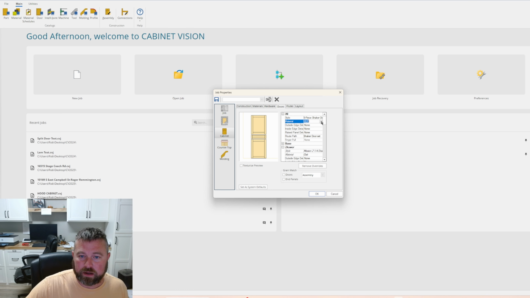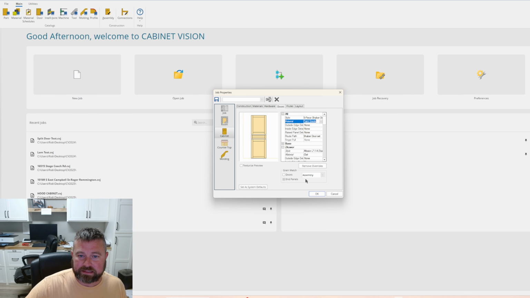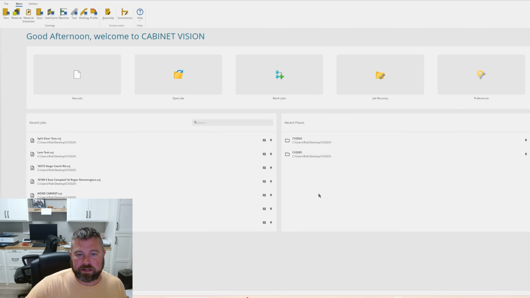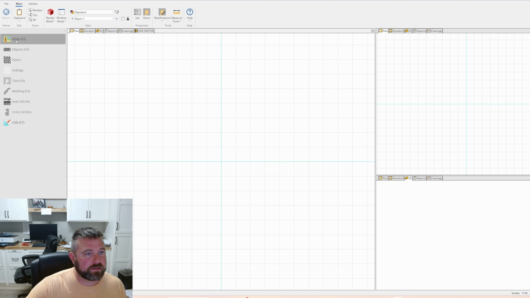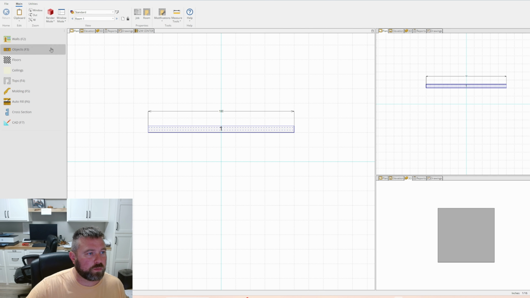MDF, let's say paint grade, something like that. And in my route path, I'm just going to put none because I have CNC operations that I do. I don't think that would mess with anything, but I'm going to put none just to make sure. I hit OK, and it brings us into our job. If I take the wall tool and draw the wall,